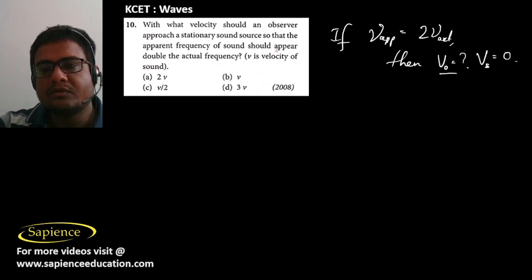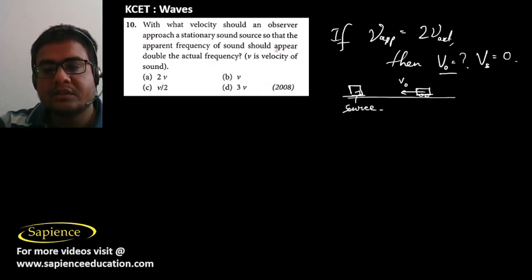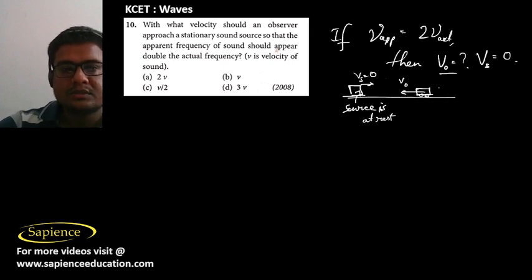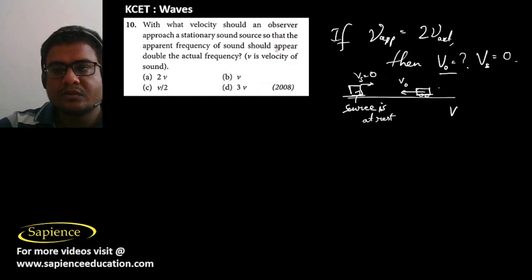Means the observer is moving at a velocity V naught towards the source, and the source is at rest. Source is stationary, means Vs is 0. Then with what velocity should the observer approach the stationary source? That is how much. So now here, it is told to take V as the speed of sound. So if V is the speed of sound in air, then we can say